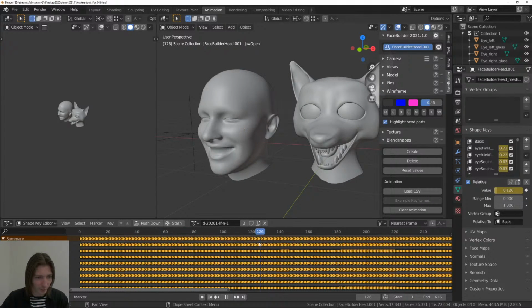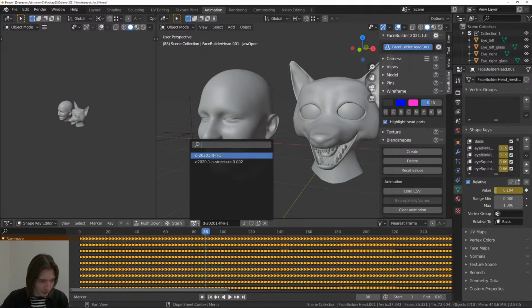The face is being animated, and what is being created is this action track. As you can see, it was created here. We had another track here that wasn't already in this project, but we just created this one, and it's been named after the CSV file name. So what we can do is